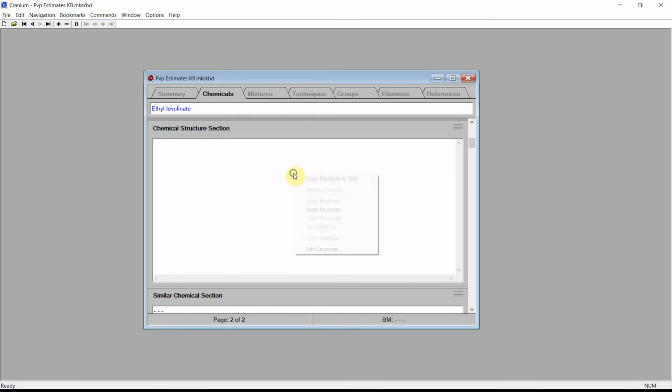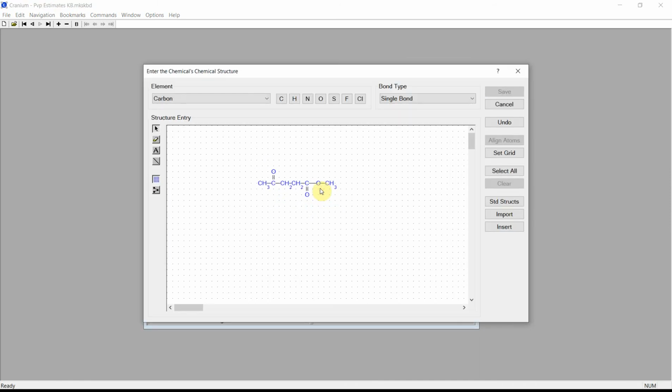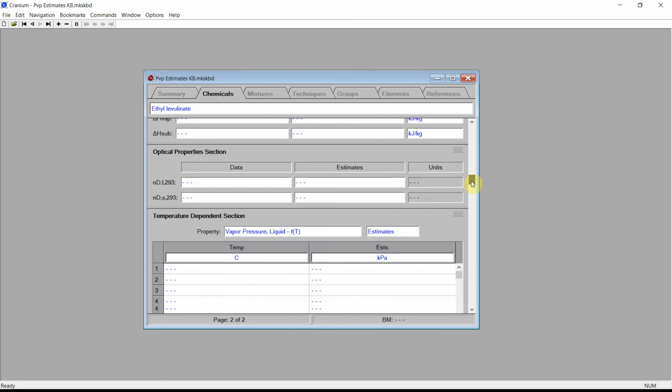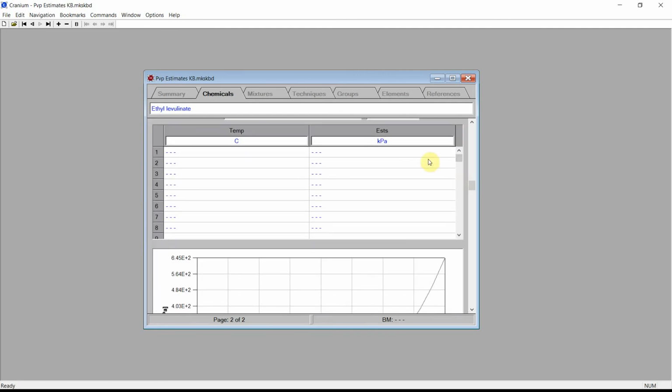Paste our copied structure into the structure field and click the left mouse button to edit the structure. Add one more carbon to change our methyl derivative to an ethyl derivative. Bond the atoms together, click Save, and once again scroll down to the temperature dependent section, enter a series of